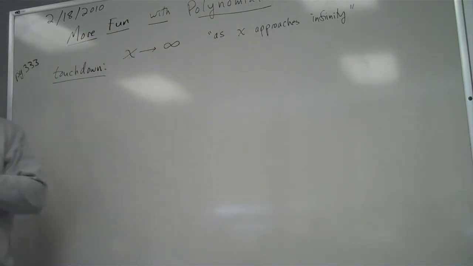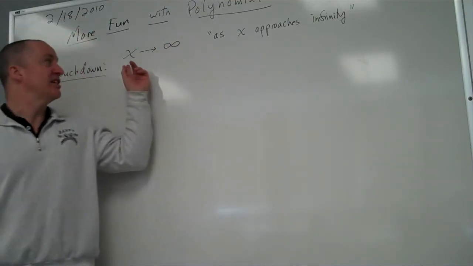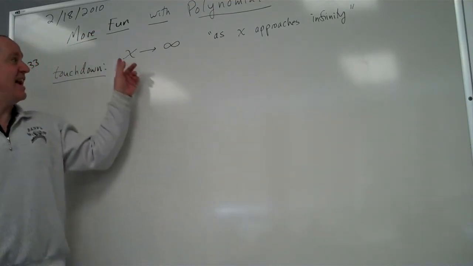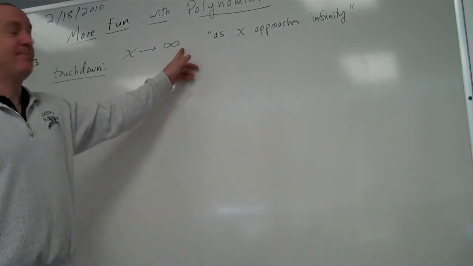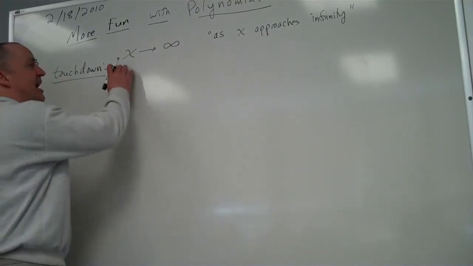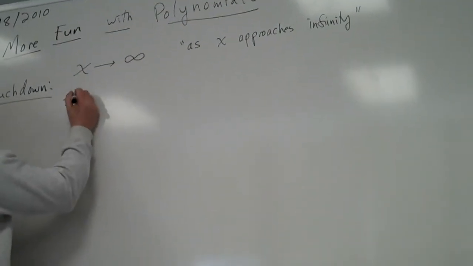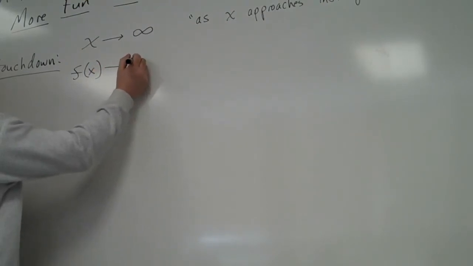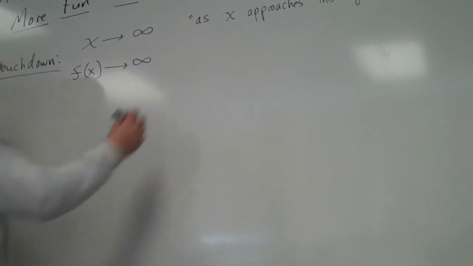Now, here's what infinity actually means as far as we're concerned. Infinity means, on the x-axis, as far to the right as we can imagine. As x goes as far to the right as we can imagine, what happens? Well, if you have a touchdown, as x goes as far to the right as you can imagine, f of x, which we're using the same as y, goes up as high as you can imagine. This is read